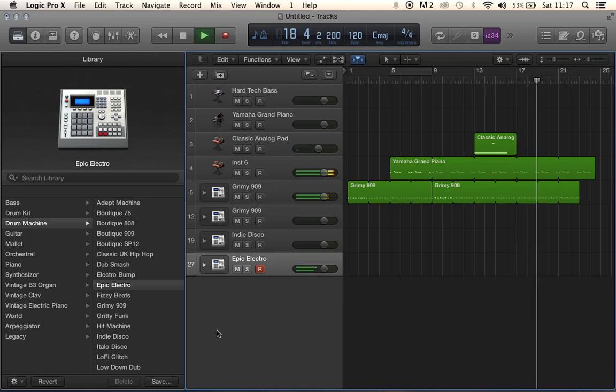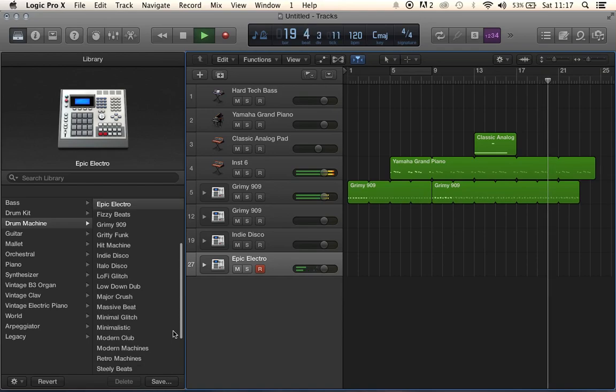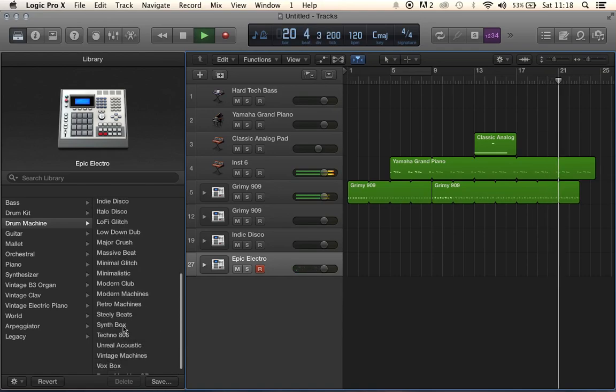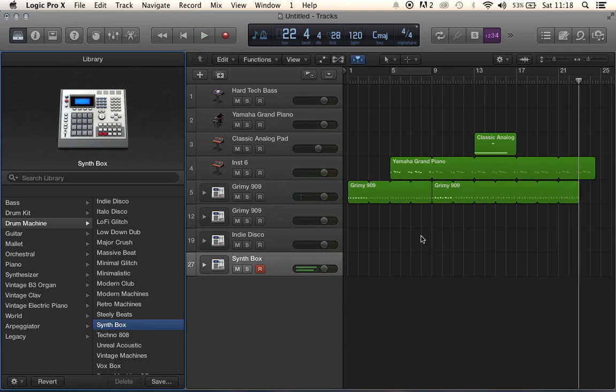Maybe not. It's a little bit too much, but there's another one down here. Let's have a look. I don't know, that might sound a bit kind of building site, but